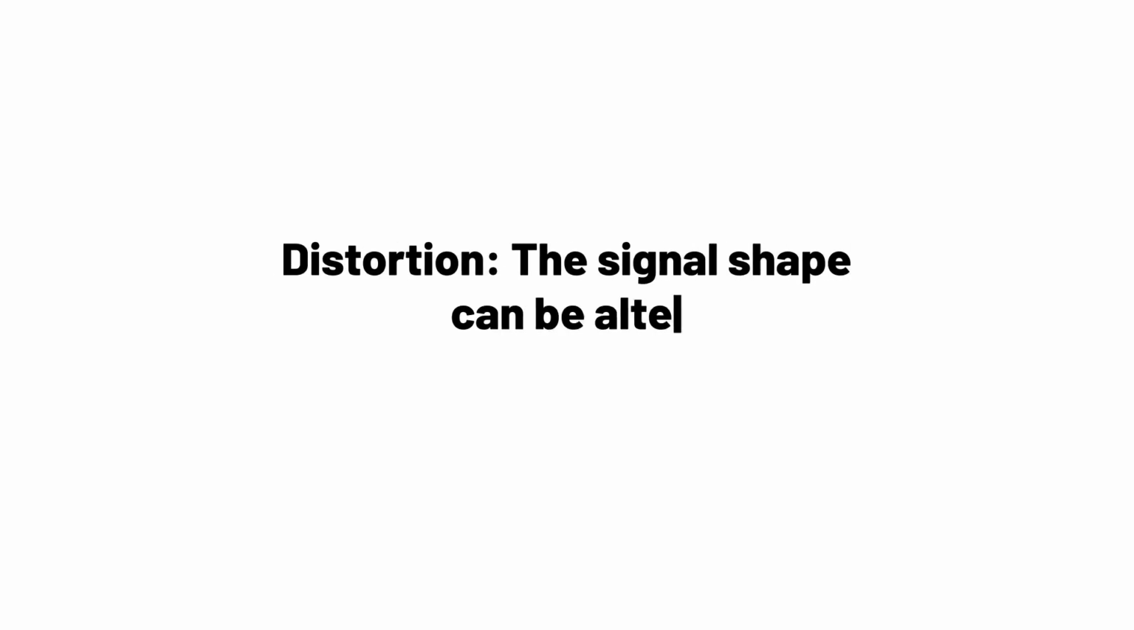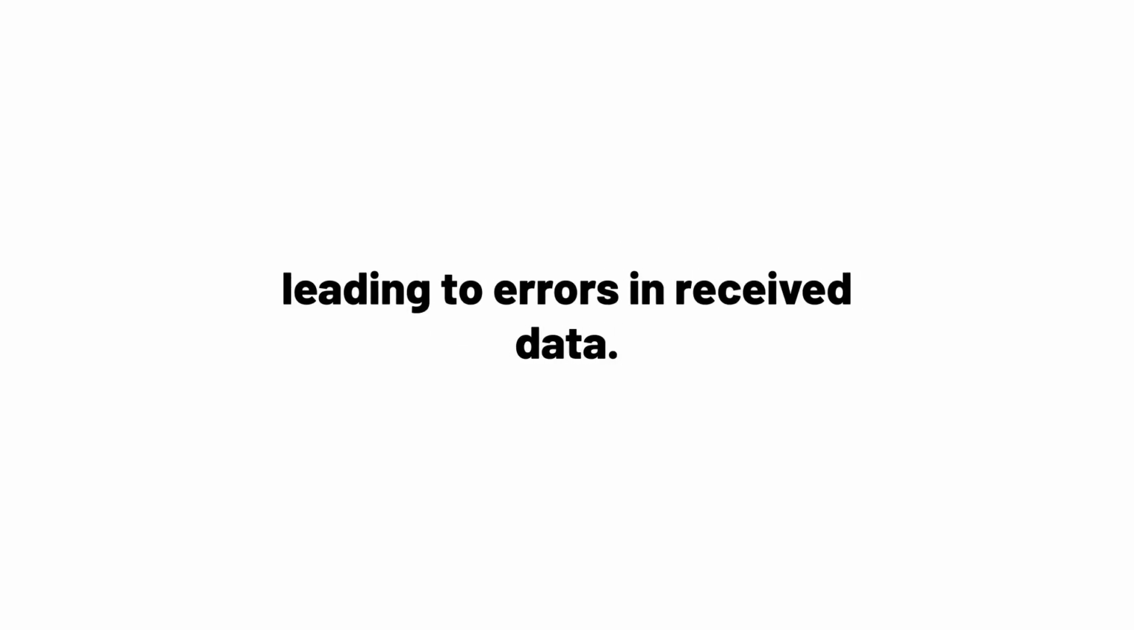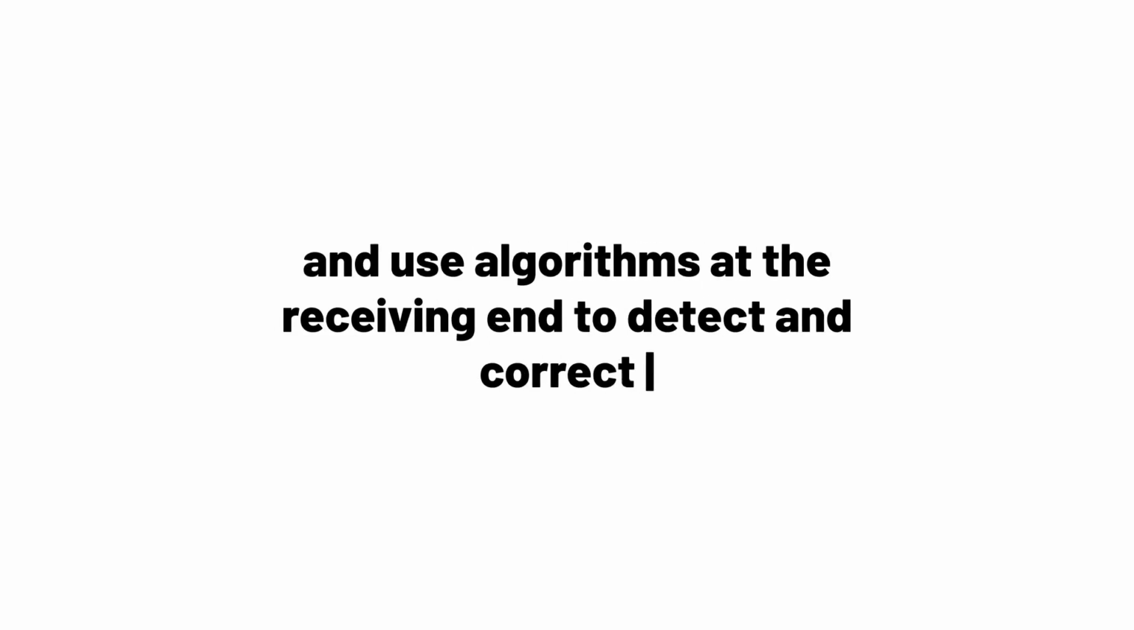Distortion: the signal shape can be altered during transmission, leading to errors in received data. To combat these issues, error correction techniques are employed. These techniques add redundant information to the data stream and use algorithms at the receiving end to detect and correct